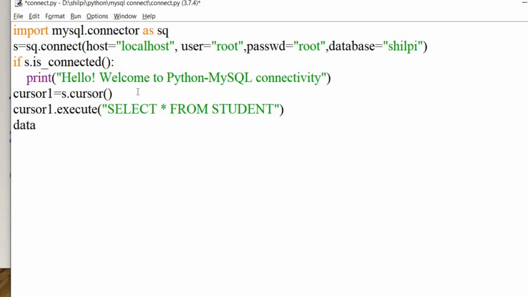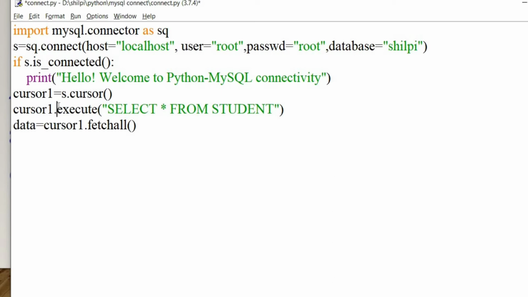Suppose I am using the variable data is equal to cursor1.fetchall. Fetchall is a function which will collect all the data and put it in this variable. This data is the user defined variable which will collect all the data extracted from cursor1. So it will contain a list of tuples.